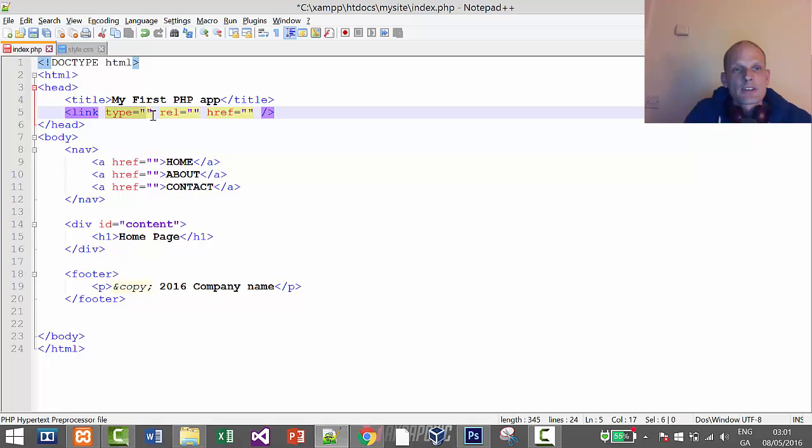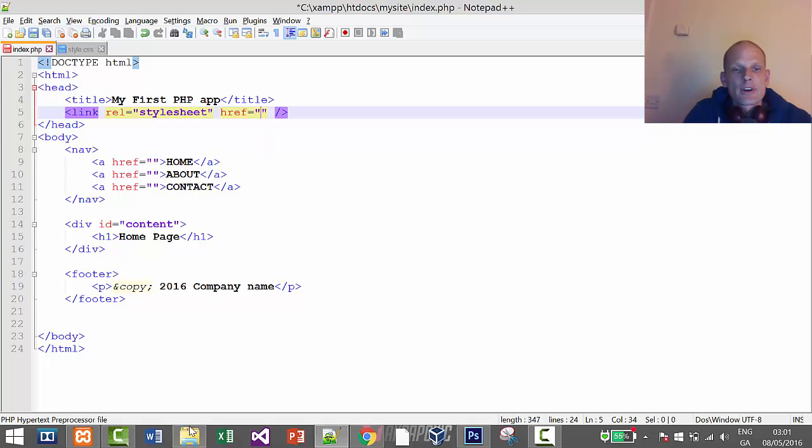The type we can use or we cannot use if we want. I will not be using it in this video, but in an HTML file we don't need to use it. We need to use only the rel attribute, which is telling what this particular link is related to. So this is related to a stylesheet, okay,